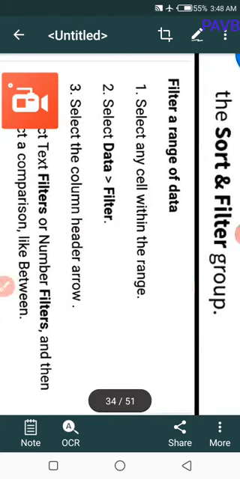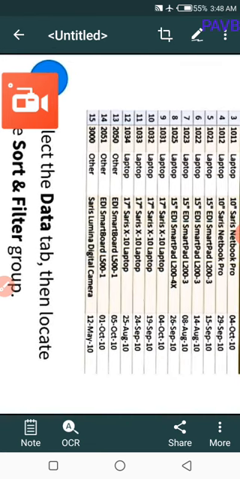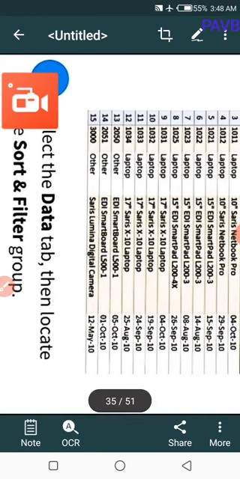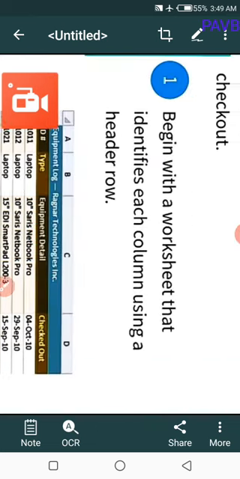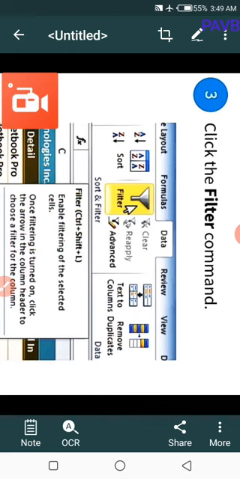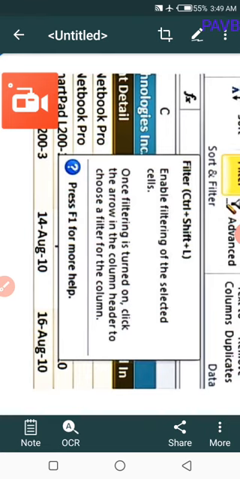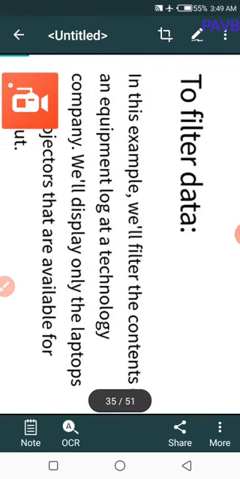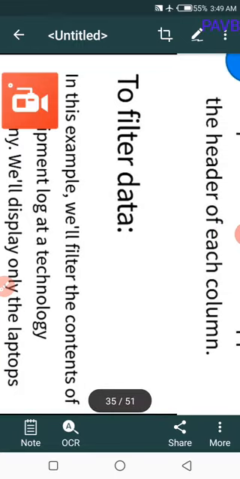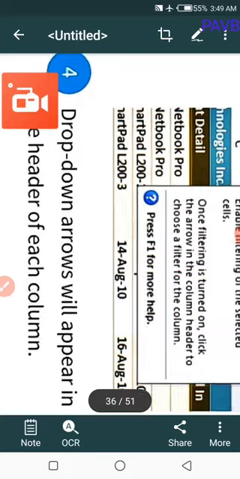Step 2. Click the data tab, then locate the sort and filter group. Step 3. Click the filter command. The shortcut for filter is Ctrl plus Shift plus L. Step 4.